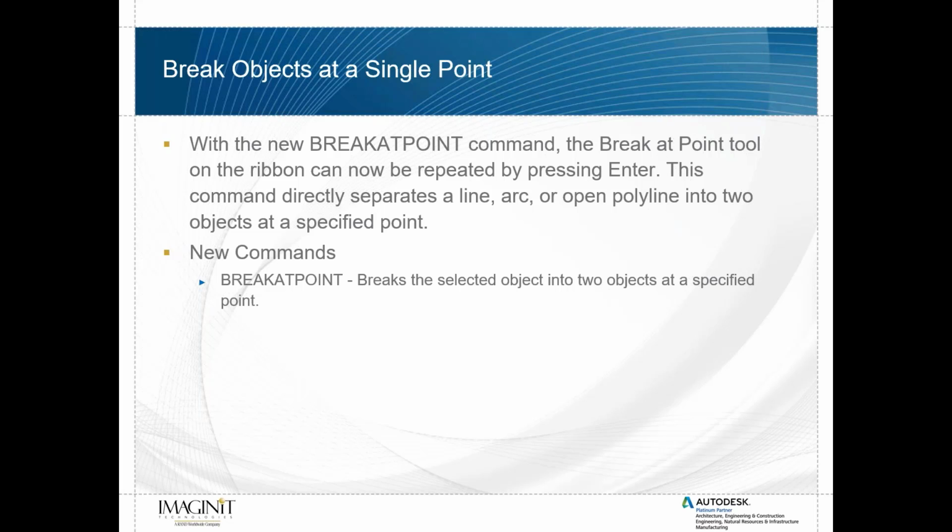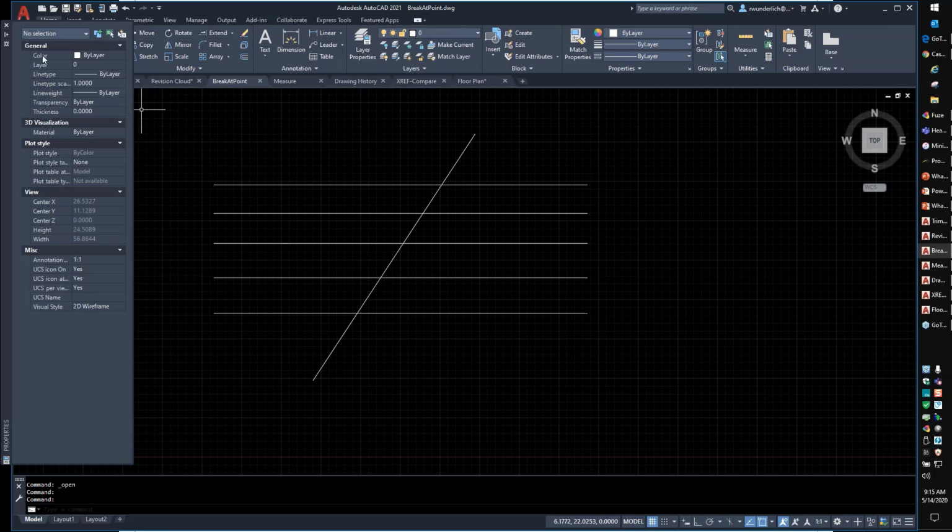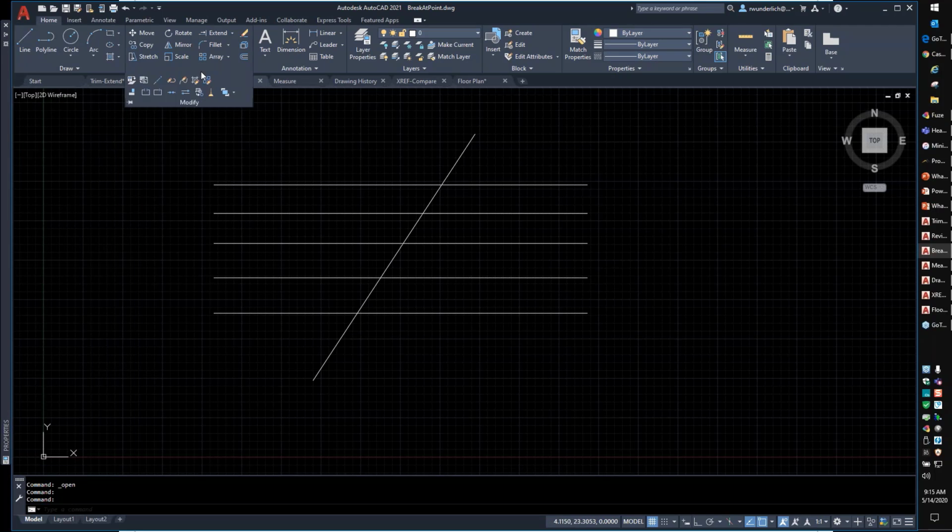So break objects at a single point. With the new break at point command, the break at point tool on the ribbon can now be repeated by pressing enter. This command directly separates a line, arc, or open polyline into 2 objects at the specified point. All right, this one is going to be the easiest one to show you today. So prior, what would happen is you would come up here to modify, come over here to break at a point, click this, click your object, and break it here at the intersection. If you hit enter,